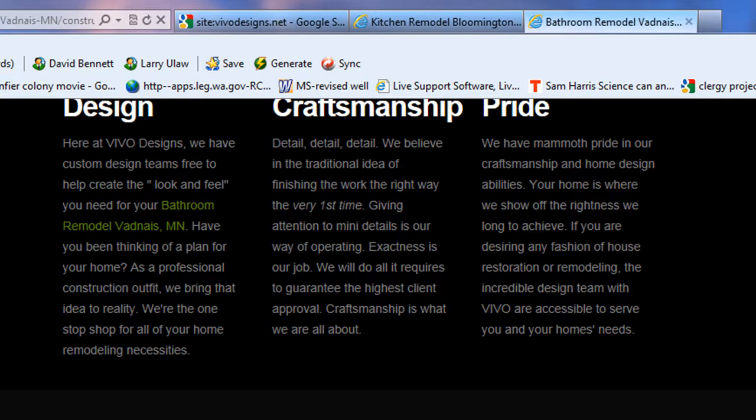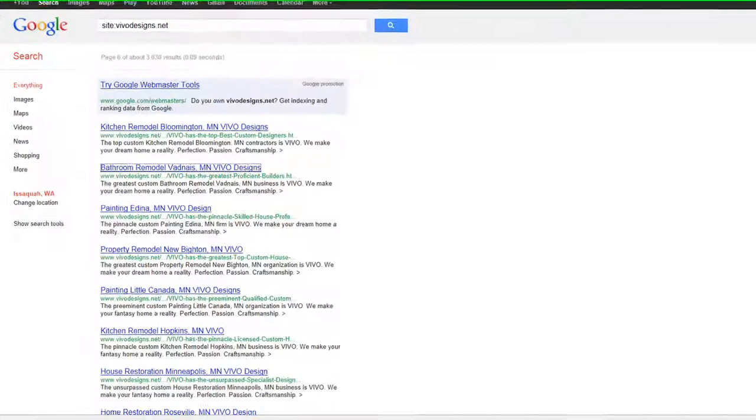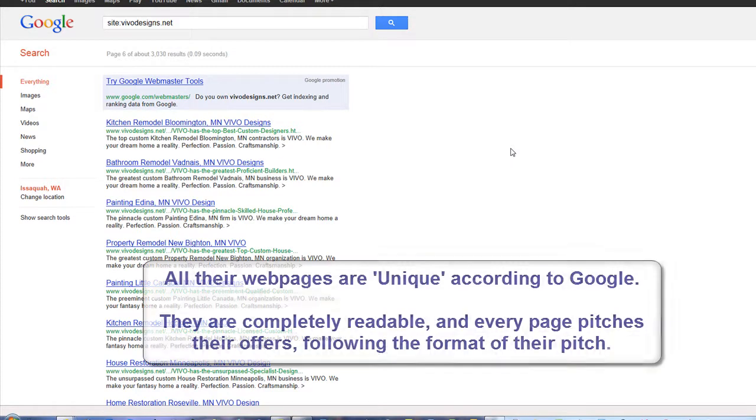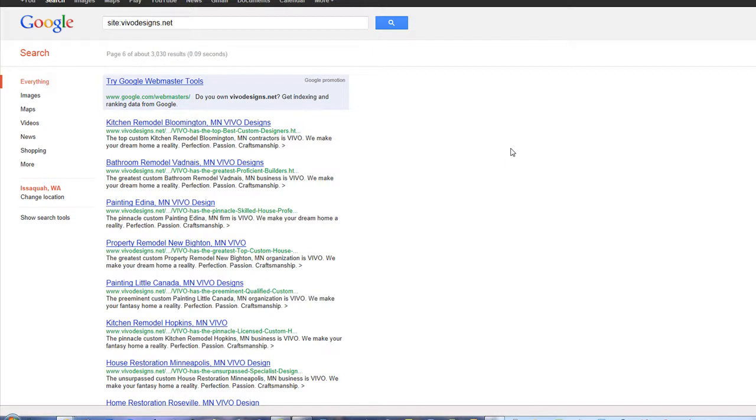Now, this is not just two variations on the theme. On every one of these 3,000 pages, at least three quarters of the words on the page change, the meaningful words, not a, and, the, in, out, because Google doesn't care about that, but the meaningful words, the adjectives, the adverbs, the nouns, the verbs, the prepositional phrases, they change. But they're readable. They're completely readable. And this is because we know how to control those variables to make the sentences come out right. We build it into our software and made it very, very easy to handle.